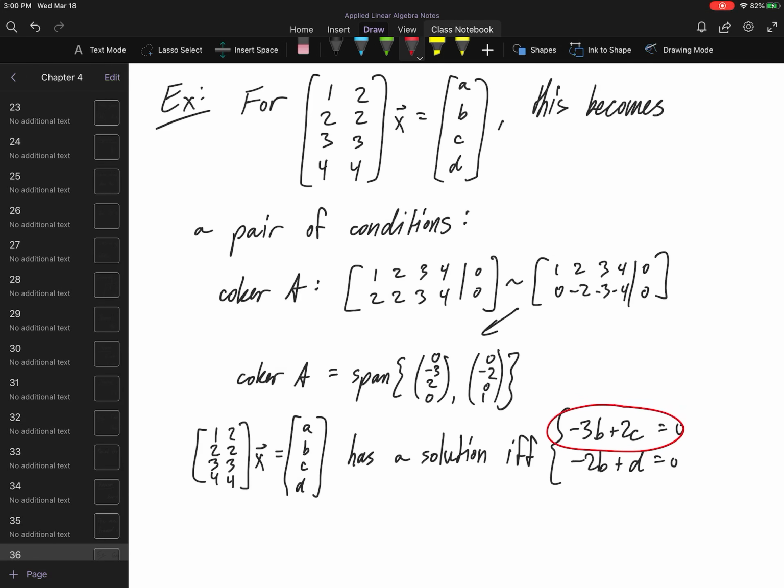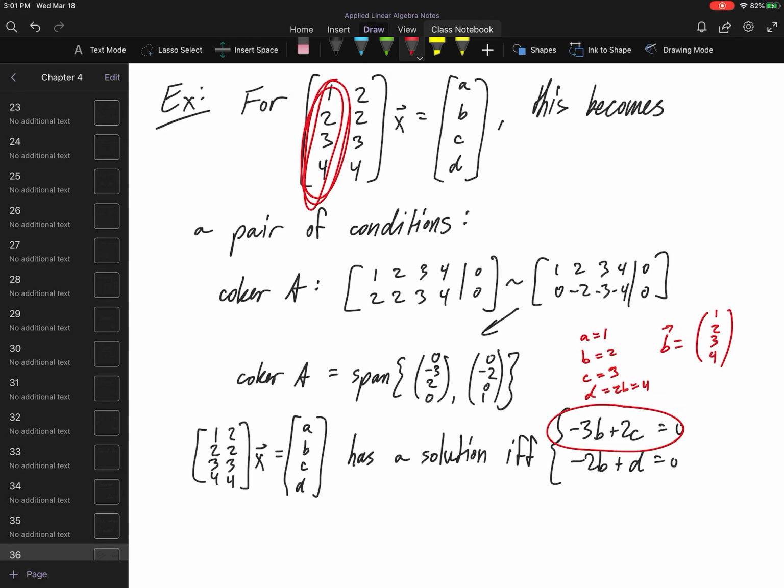Satisfying the first equation, right? I can effectively ignore the A in this case, so A can be 1. B and C have to be in a 2 to 3 ratio, so B would be a 2, say, and C would be a 3. Yeah, that would work. And then D has to be twice B, which would be a 4. So I'm proposing that 1, 2, 3, 4,